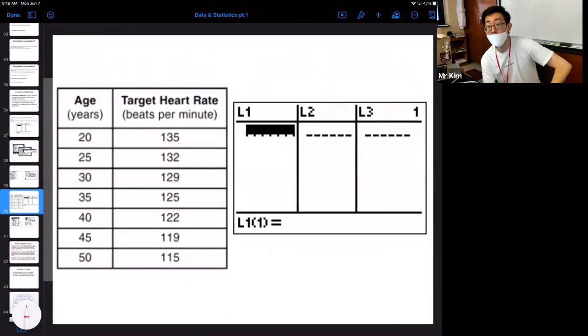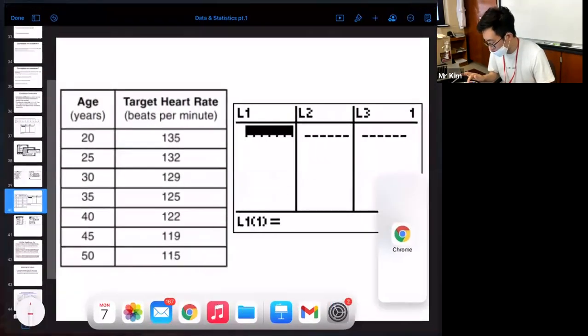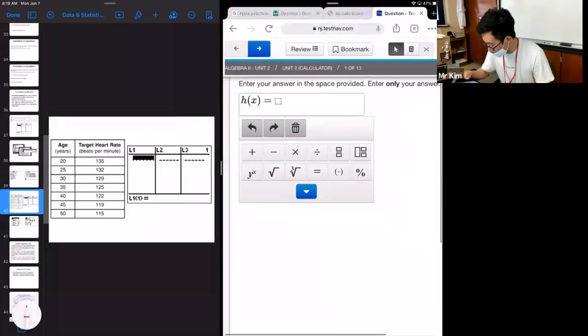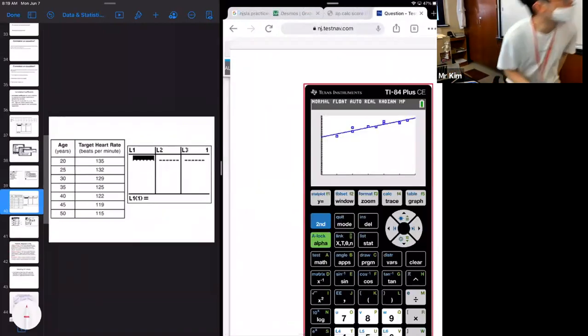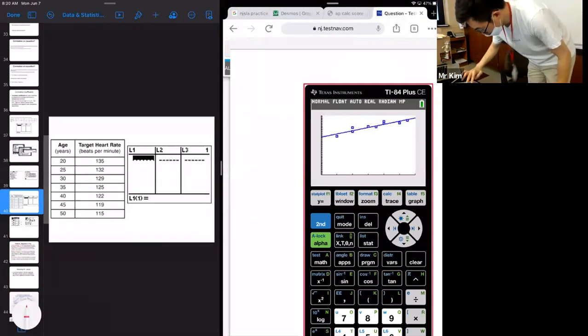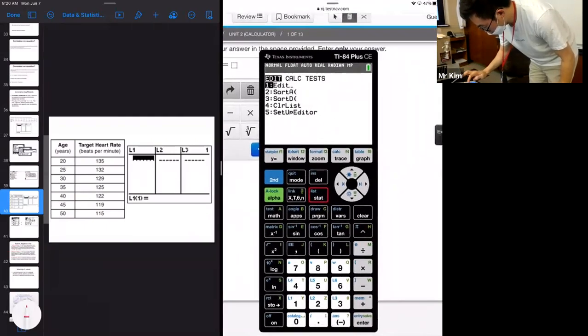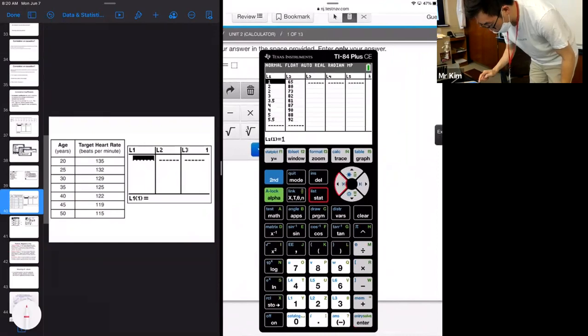Yeah? When you're typing in the numbers on the list, how do you clear the bottom? Delete. Clear is not going to do a thing. We want to go to the delete button, which is right next to mode. Press this on that little cursor. Yep. Do we have to reset the whole calculator before we start? No, we can just go to edit, and then we can just override it.